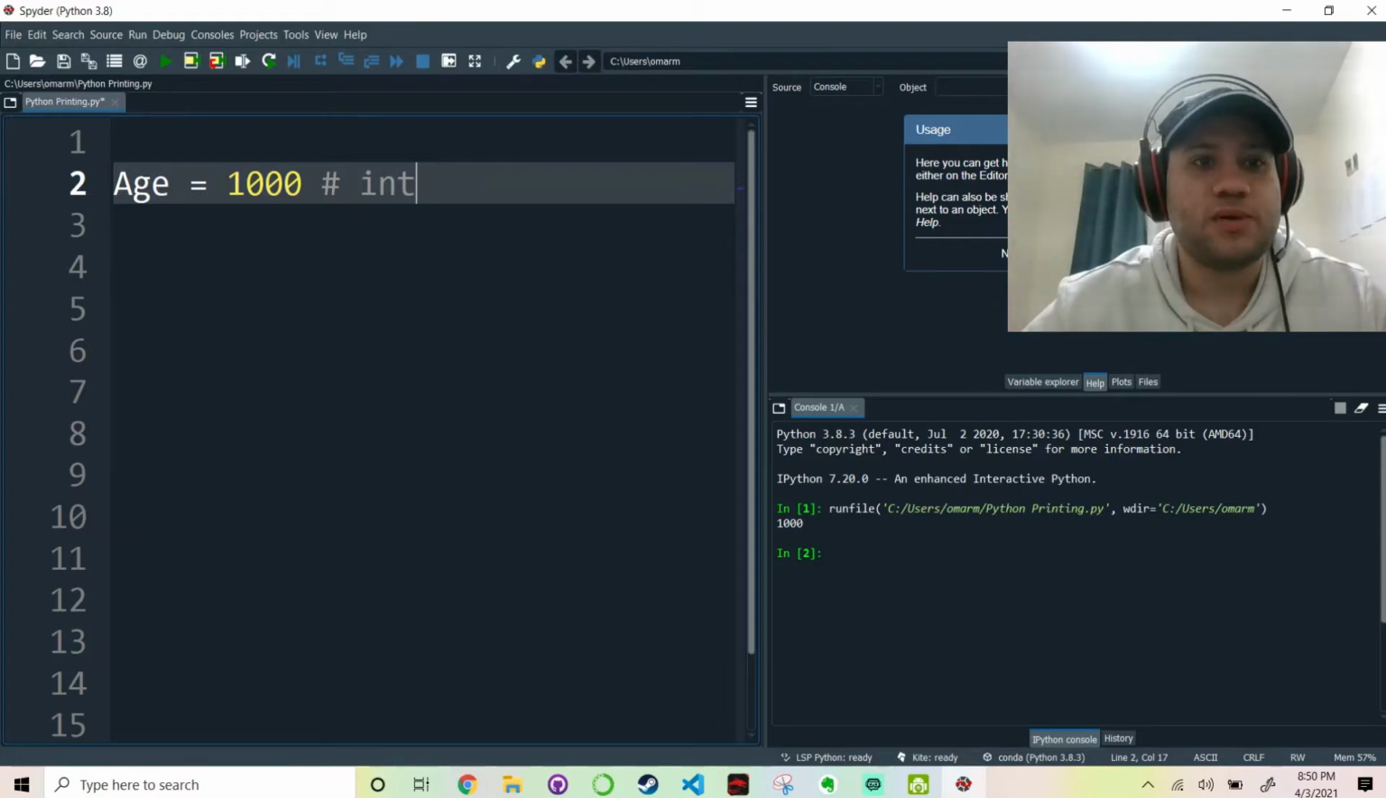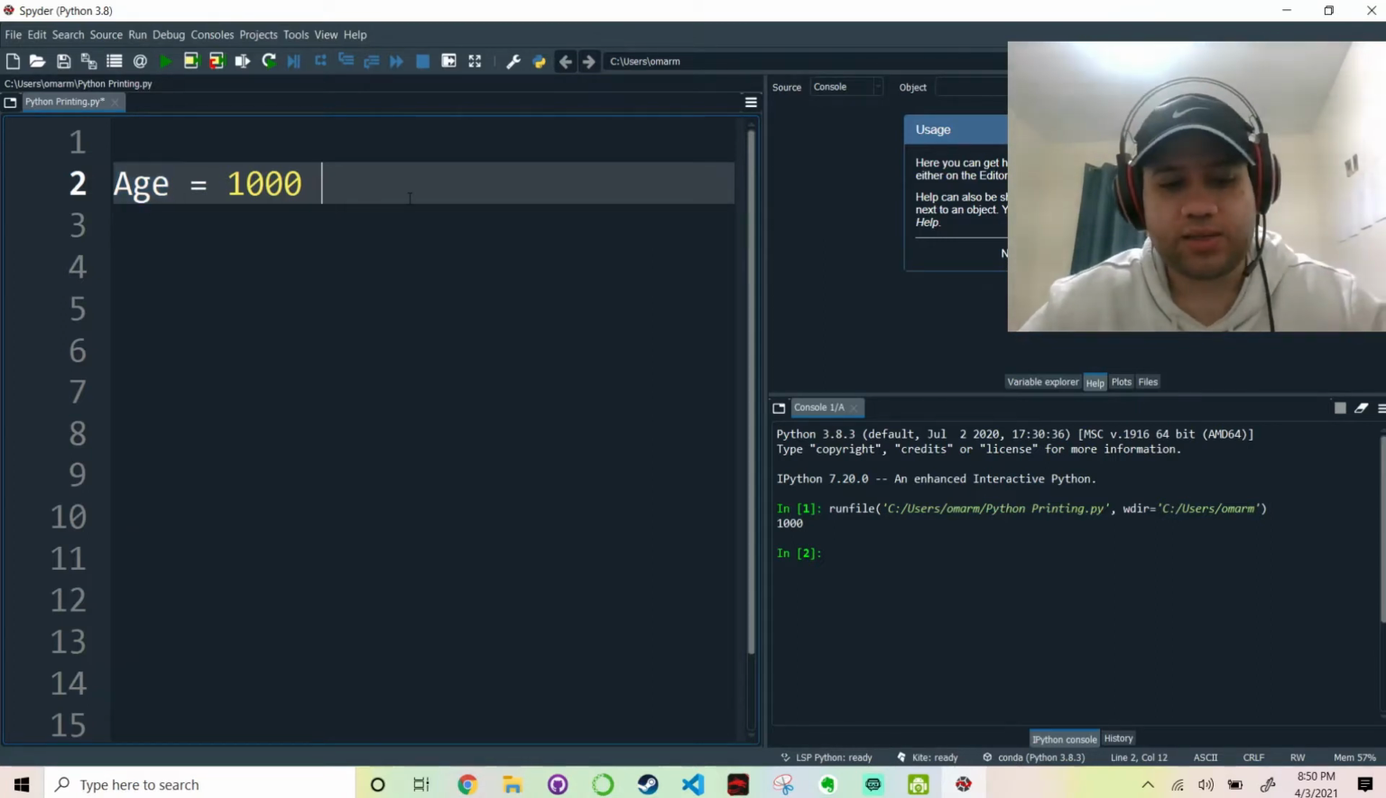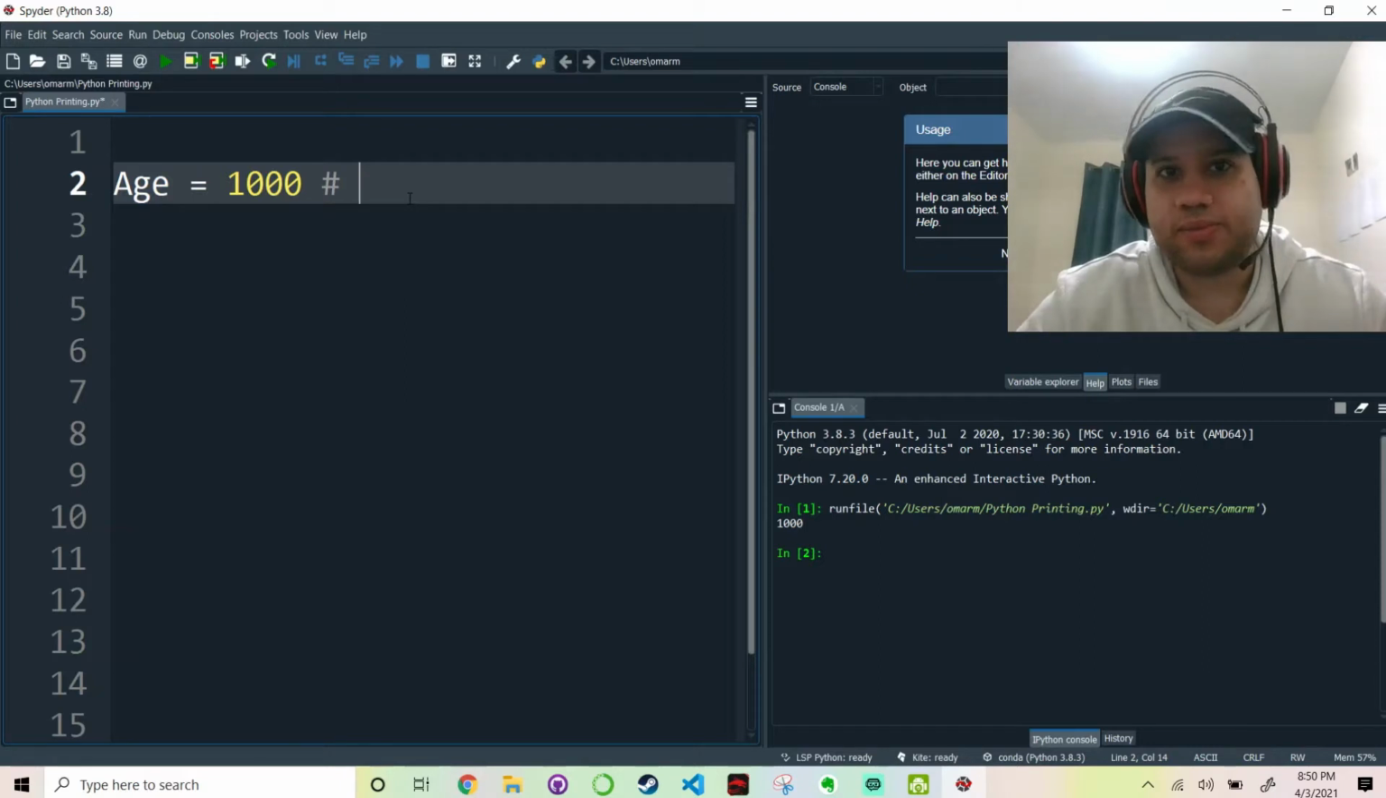So for example, here, you have here age. You don't know the age of what exactly. Let's call it, for example, the age of a battery. Maybe this is the age of a battery, right? And it's 1,000 days old. So this is the age of a battery,